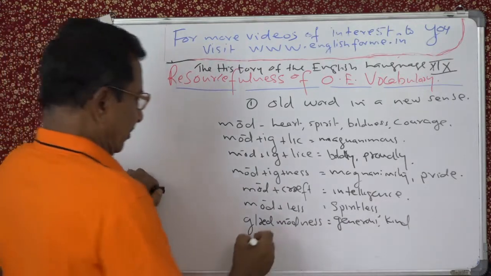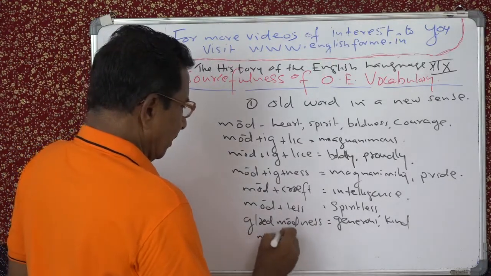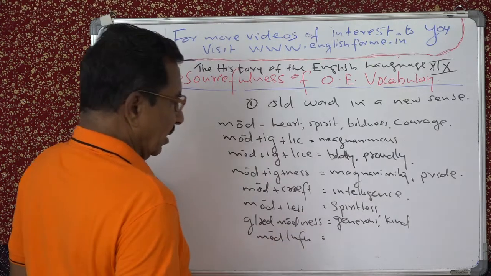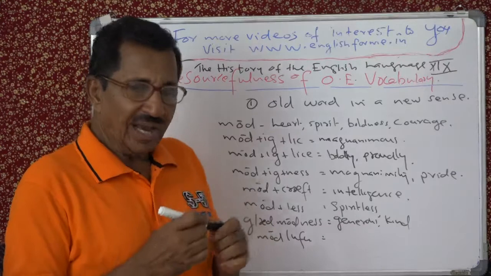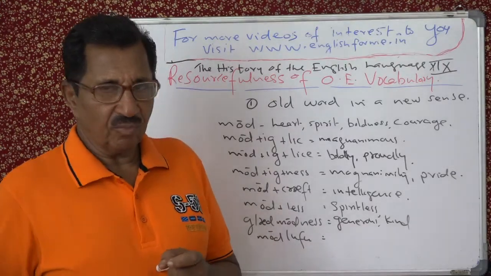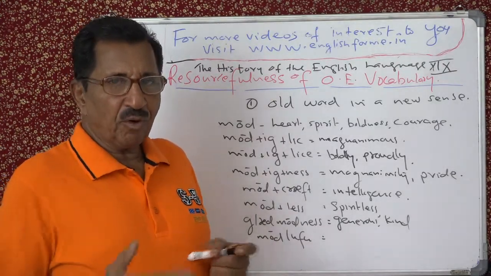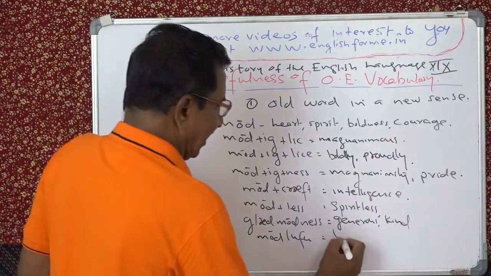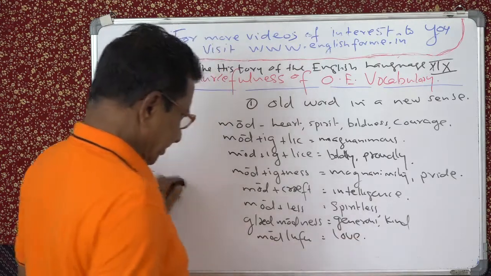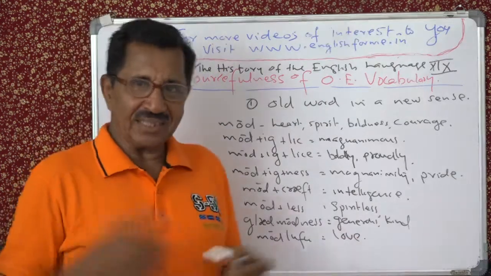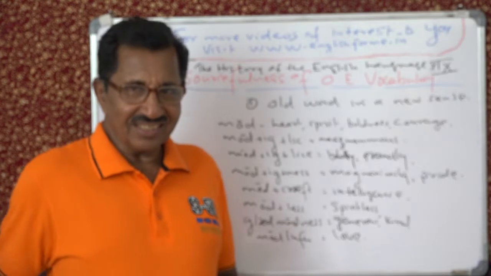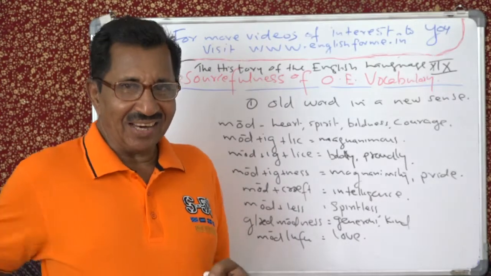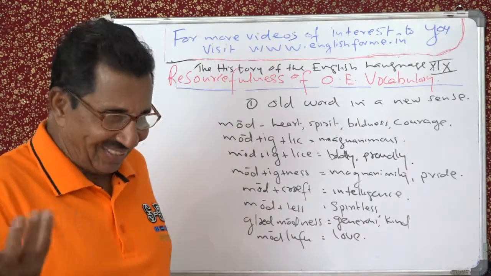Mod lufu. Lufu in Old English means love. So, heart full of love. That is mod lufu. He is a mod lufu man. Old English. So, that is love. Isn't it? Hindi muhabbat. Love. That is muhabbat. Or Tamil they say kadal. I know only one or two words. I don't know many words in this now.